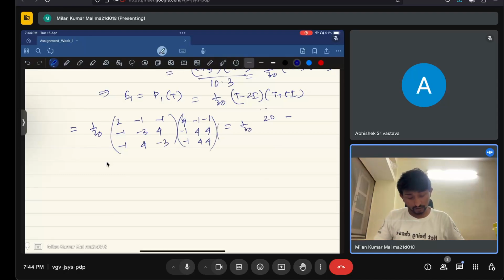No, this one with this, minus 2 minus 4 minus 4 minus 10. Next one is 2 minus 2 minus 4 minus 4 minus 10. Next one is minus 1 minus 9 plus 3 minus 4 minus 10. Next one is minus 1 minus 12 plus 16, that is 4 minus 1,